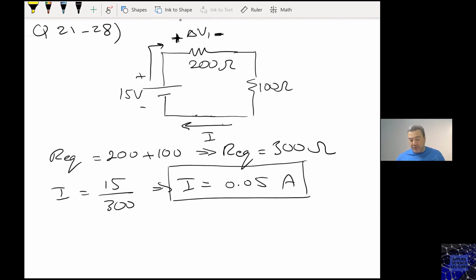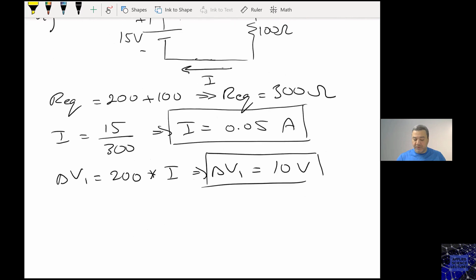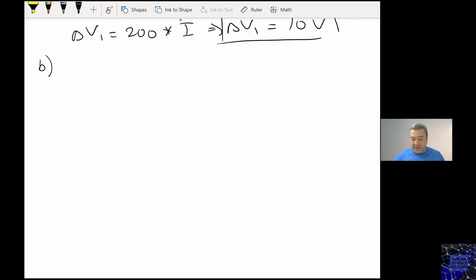I need the delta V1. Well, now I know the current. This current is entering into this 200 ohm. Then delta V1 is 200 times I. Delta V1 is 10 volts. So this is circuit A. Now let's move on to circuit B. Circuit B is the same,